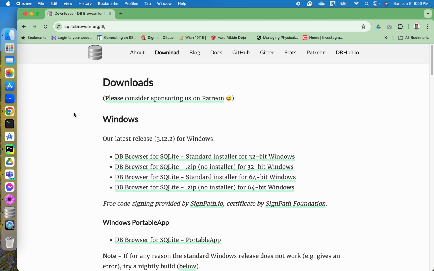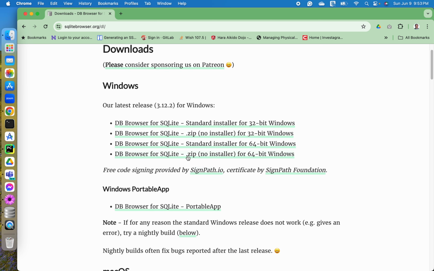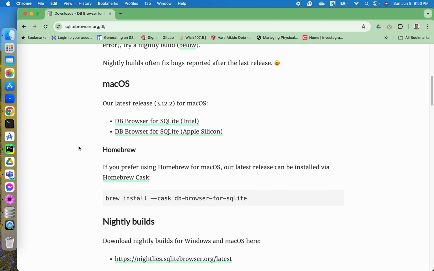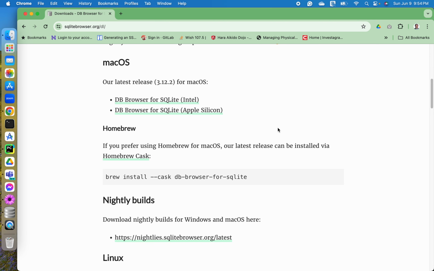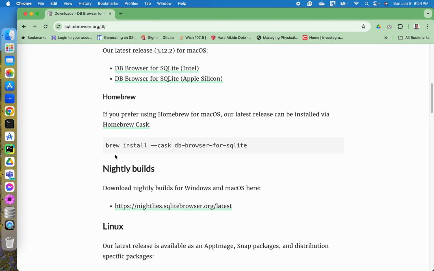For Windows, you can select the standard installer or the zip file. For macOS, depending on your architecture or chipset rather, we have the Intel installer and then the Apple Silicon. On Mac, you can install SQLite browser through Homebrew like this.